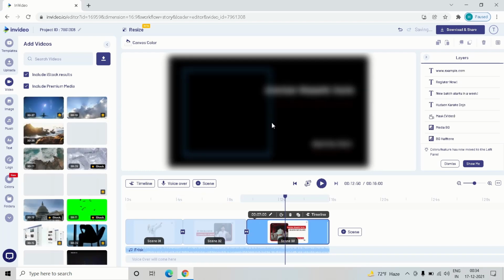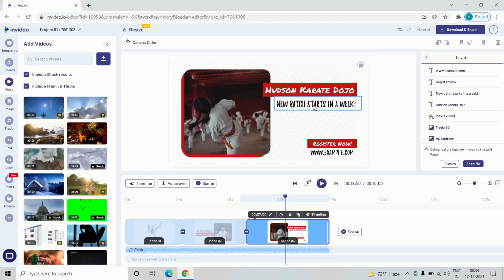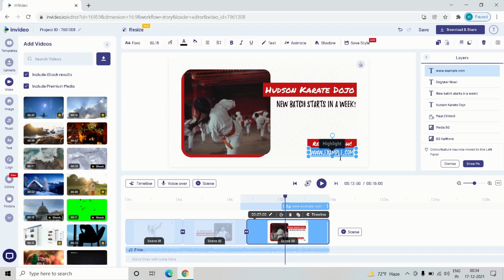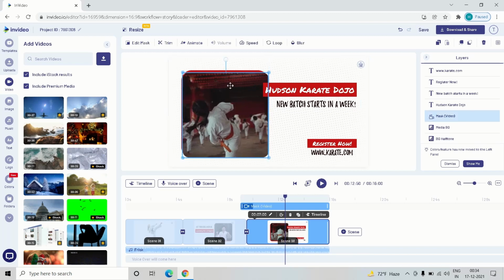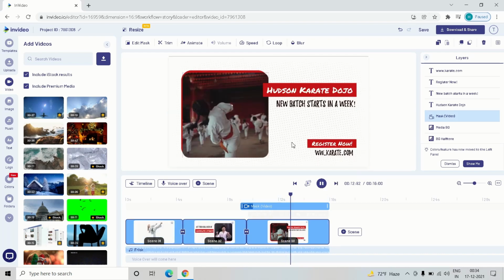And this is the third scene. As you can see, you can just enter your website. I'm just entering it for demo purposes. As you can see, you can edit each and every aspect of this. Once the video has been created, you just have to click on this play button and you'll be able to